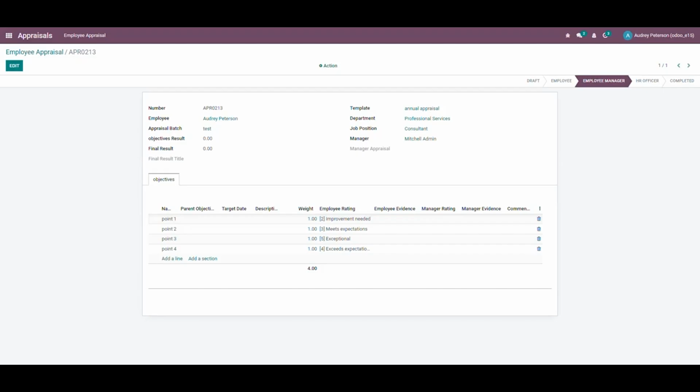Since in this example Mitchell Admin is the manager, the form will be sent to him. He also should complete and confirm the form.